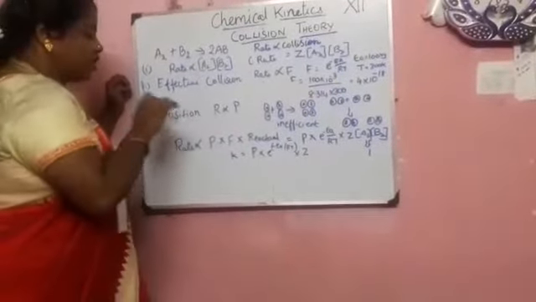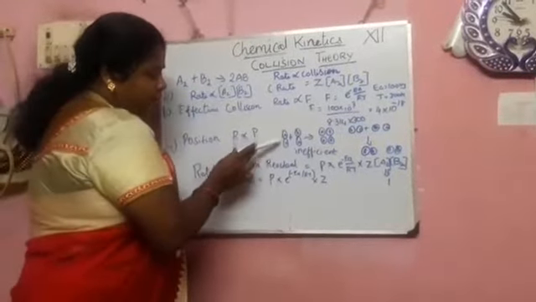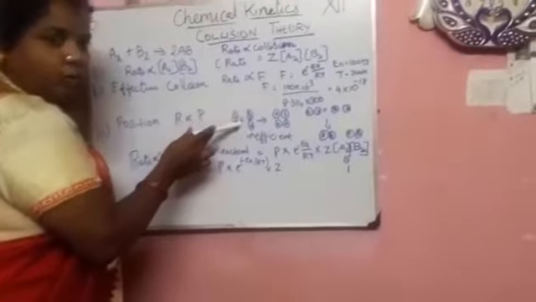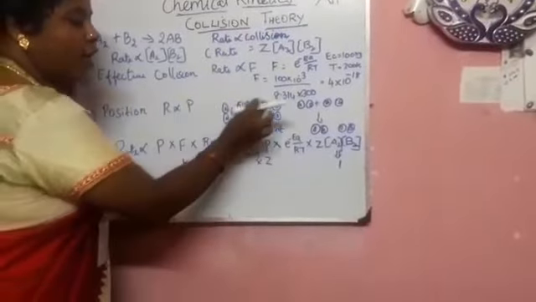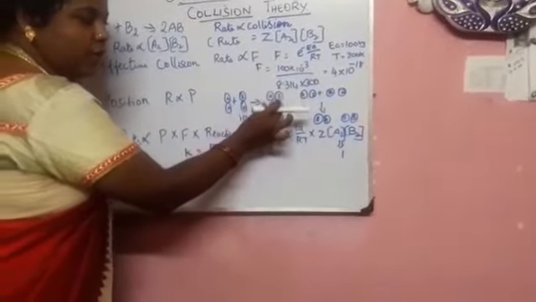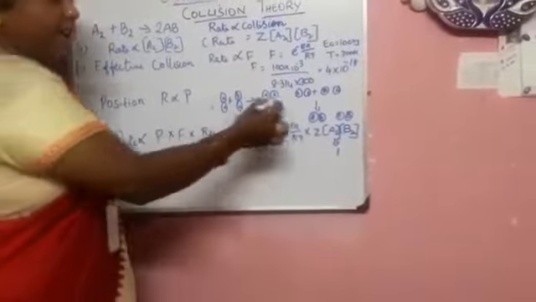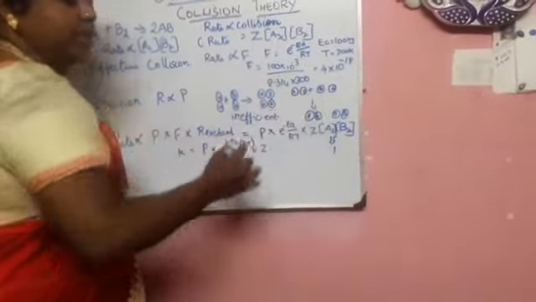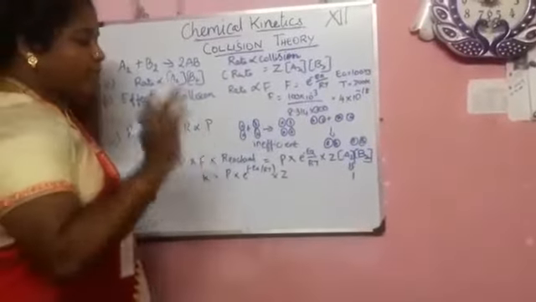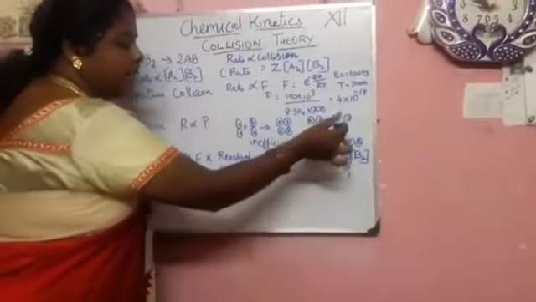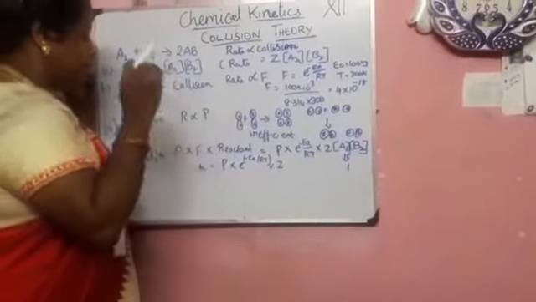And the third one is the position, or orientation. The rate is always based on the position. Let's see here: AA reacting with BB sidewise forms an AB molecule and another AB molecule. So A plus B gives AB, and the product is formed. In the same way, if AA reacts with BB and it just forms AA and BB, no product is formed. That means it is an ineffective collision. So the rate is proportional to P, the position.